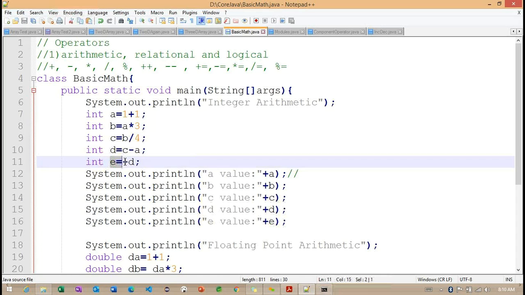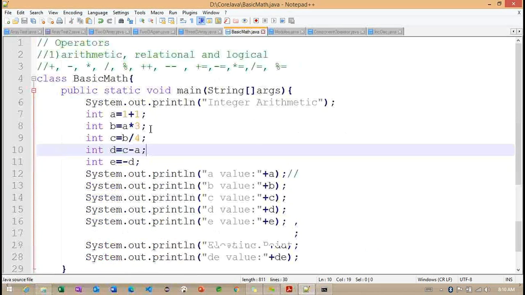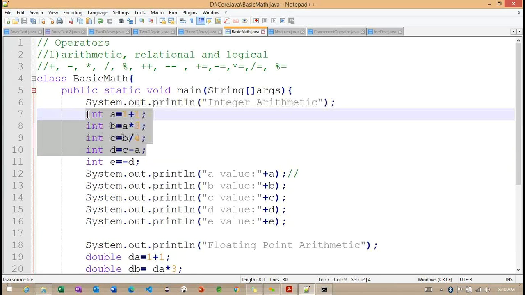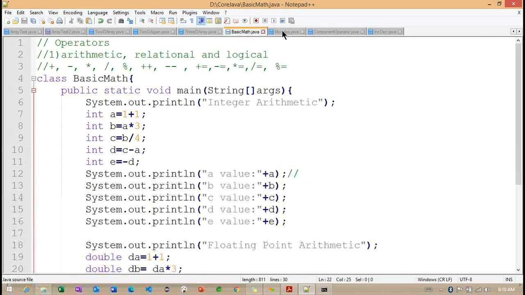This is the basic arithmetic example. We saw how the values print with the int data type, and in the same way with the double data type.